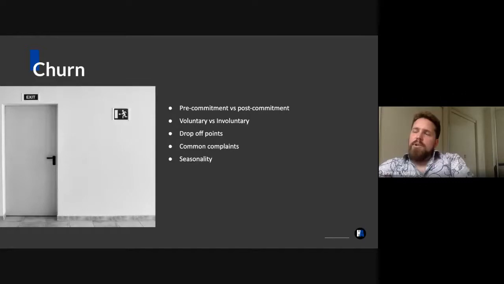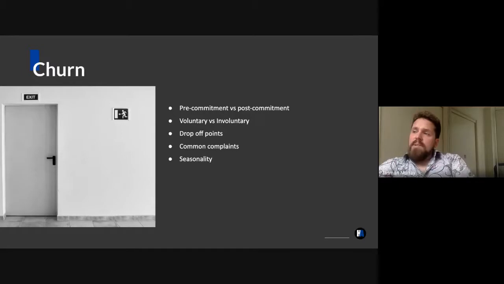Another really important type of churn at the moment is voluntary versus involuntary. What we mean by this is somebody that's left your company not because they want to, but because they couldn't pay most of the time, or they could no longer afford it, or they no longer like the service. You need to separate out these types of churn. Firstly, it can help you attract only the kind of customers that will be voluntary churn going forward. Obviously, attracting a customer is really expensive, and so improving how you do that's really effective.